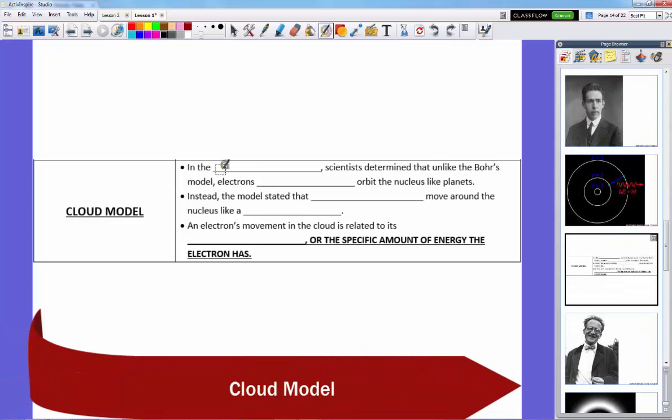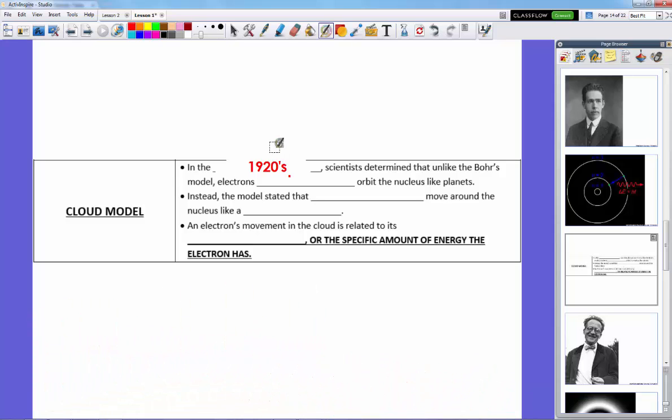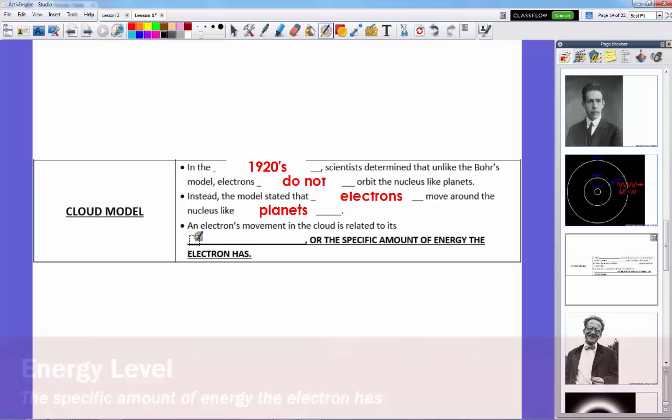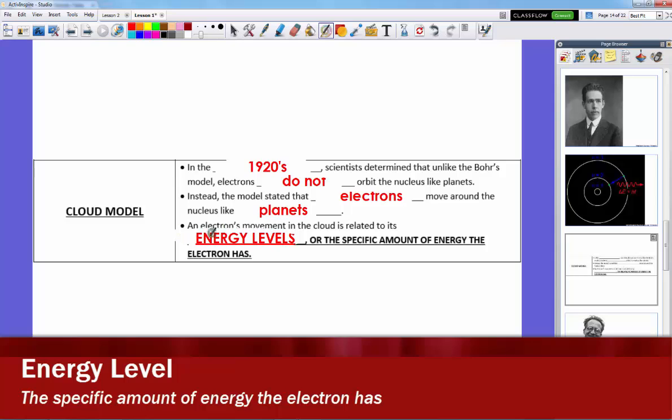Now, in the 1920s, only a few years after that, scientists determined that unlike Bohr's model, electrons actually don't orbit just like planets. Instead, the model stated that the electrons move around in a cloud, they don't move around like the planets. Now, the way electrons move in the cloud is related to their energy levels, or the specific amount of energy that the electron has. And this theory, this cloud model,